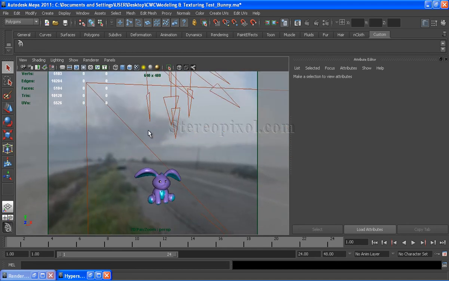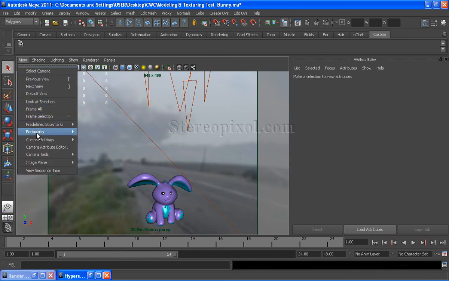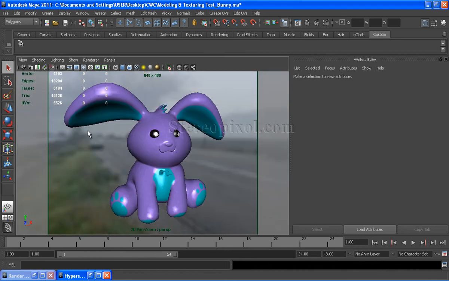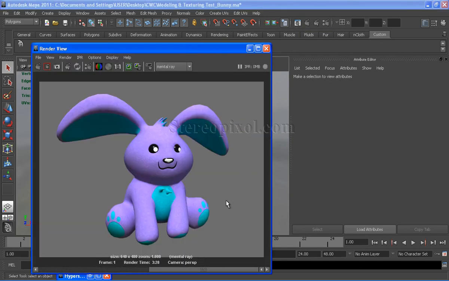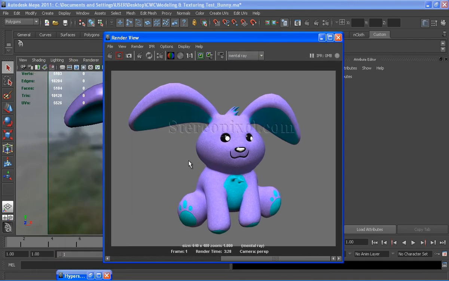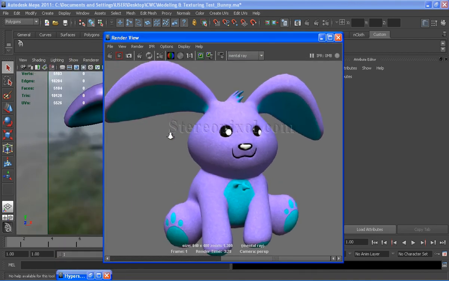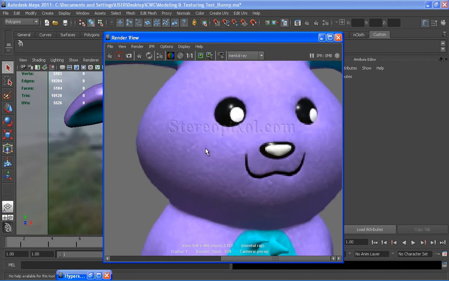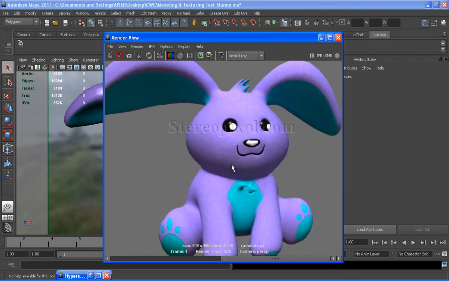And if I set my angle and if I render, which I have already done, I will see the final result. And if I zoom in my image, I can see the surface detailing that I have got from the bump node, which I have generated from the texture map.